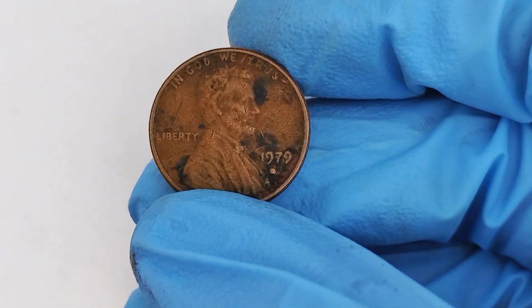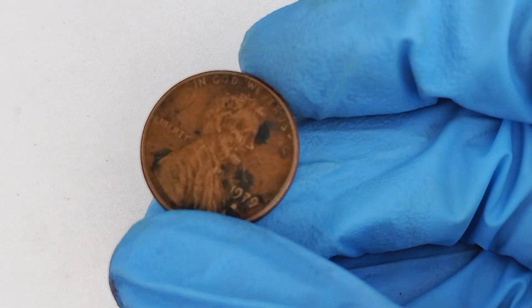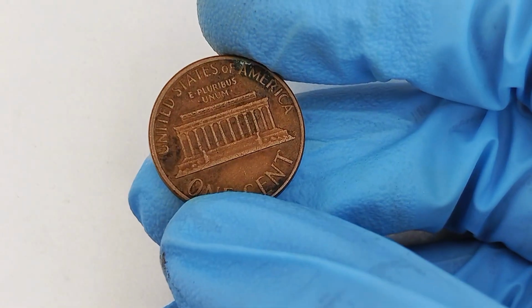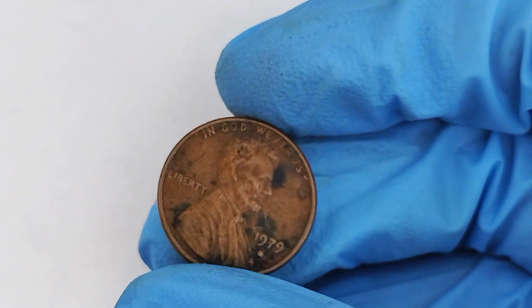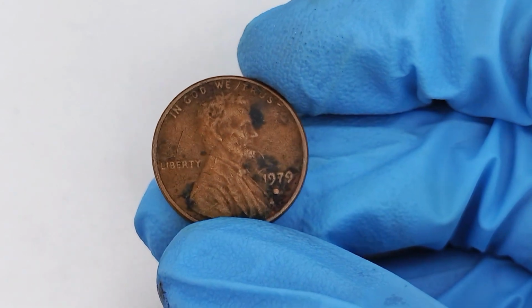That coin you're about to drop in a tip jar might be the key to your future. That jar of pennies in the attic could be your family's hidden treasure chest. The 1979 D Lincoln penny is more than just a coin. It's a symbol of luck, rarity, and the idea that life-changing fortune can be hiding in plain sight, and that's why this story matters. Because this exact penny could be sitting in your drawer right now, and it's worth over